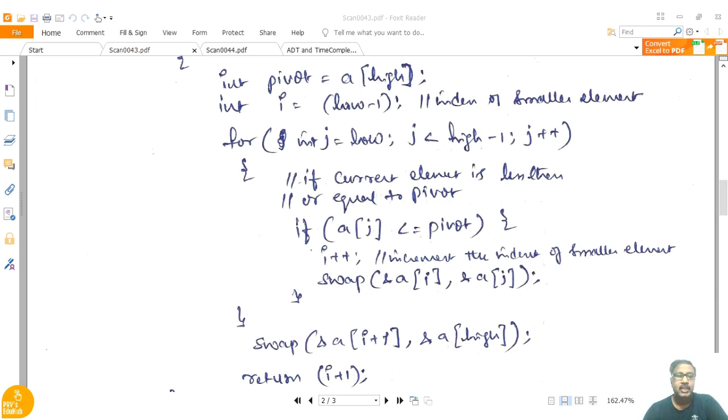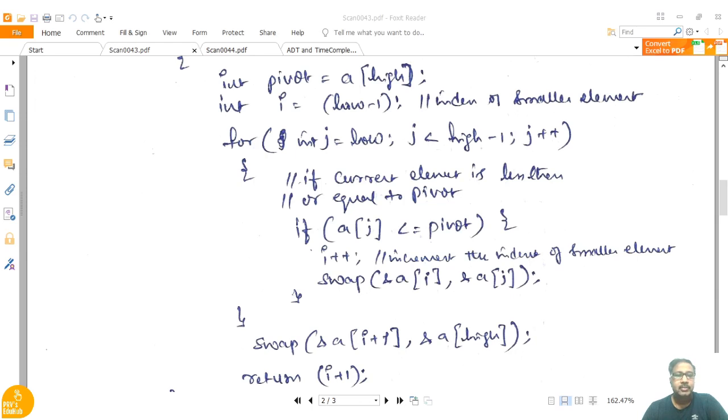This swapping will take place. Since we have swapped it, we should know at which position the pivot is there. So i plus 1 is the position where the pivot is available, so this will be returned. The pi value will become this position where the pivot is there.